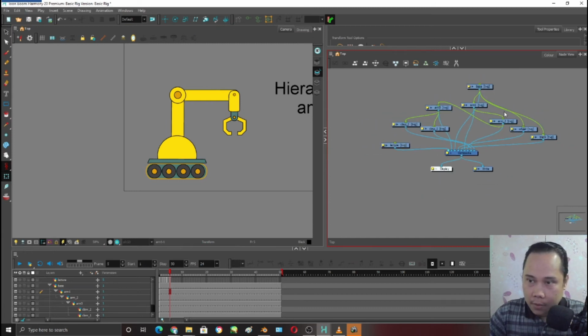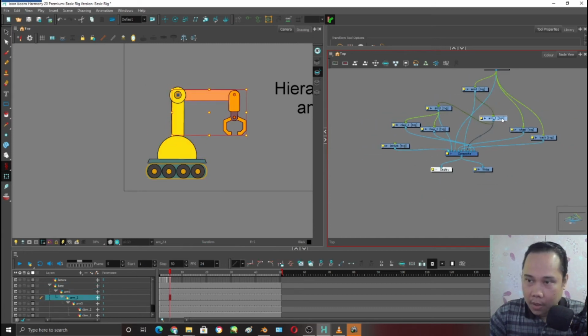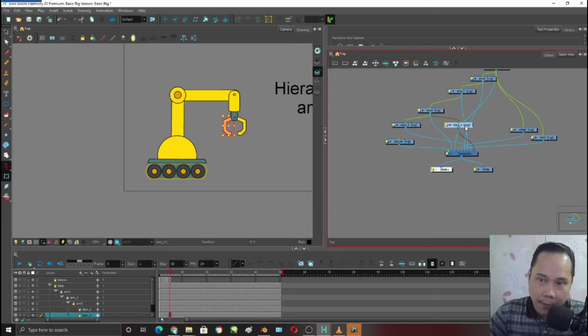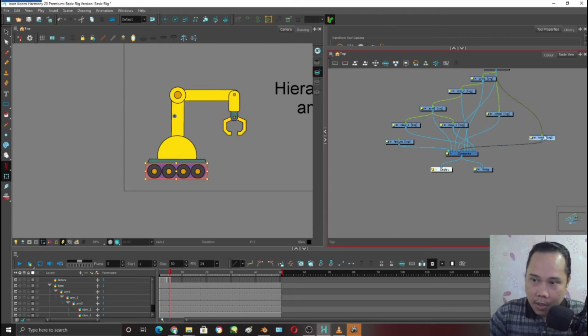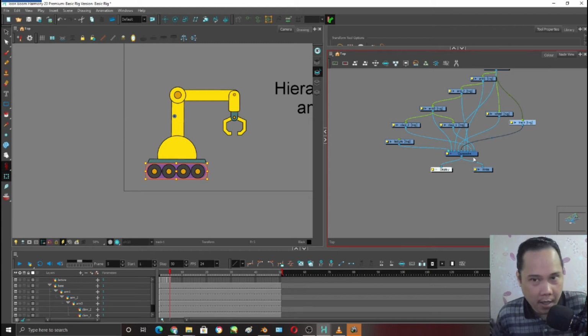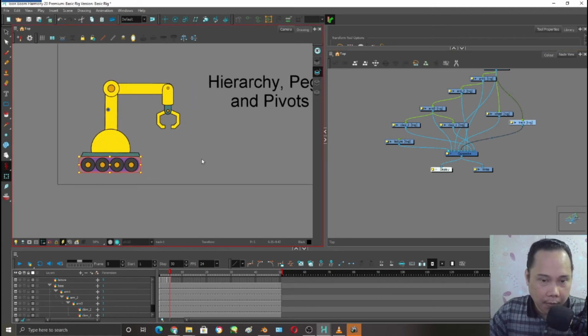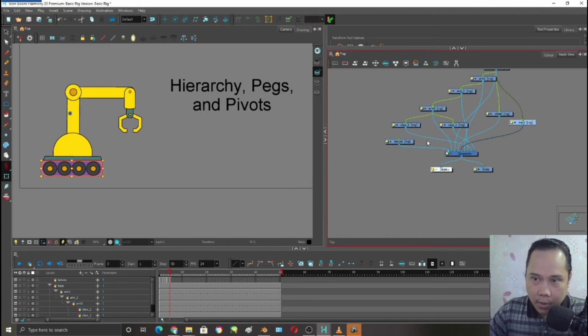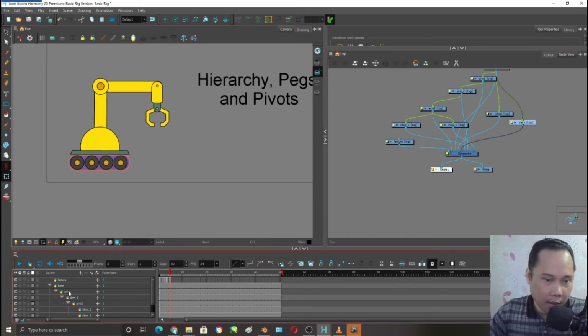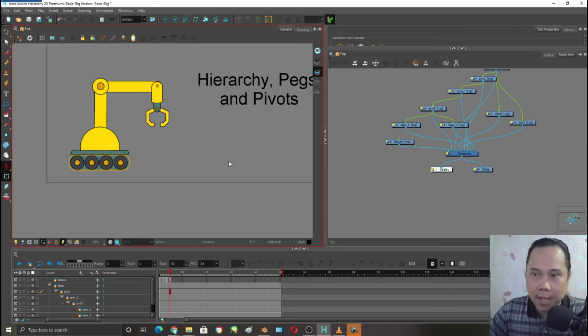So the question now here is, what's the difference between an animated layer and a peg? If we use a peg instead of animated layers, what difference does it make? Or what could be the advantage of using pegs instead of animated layers in hierarchy? So the difference between the node, the pegs and the layers is that